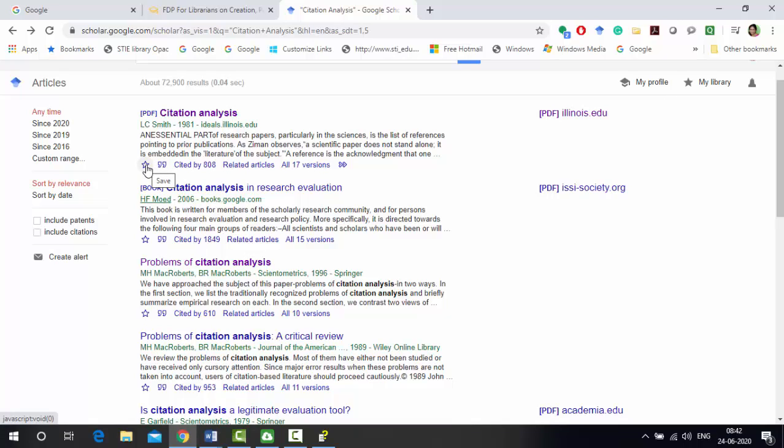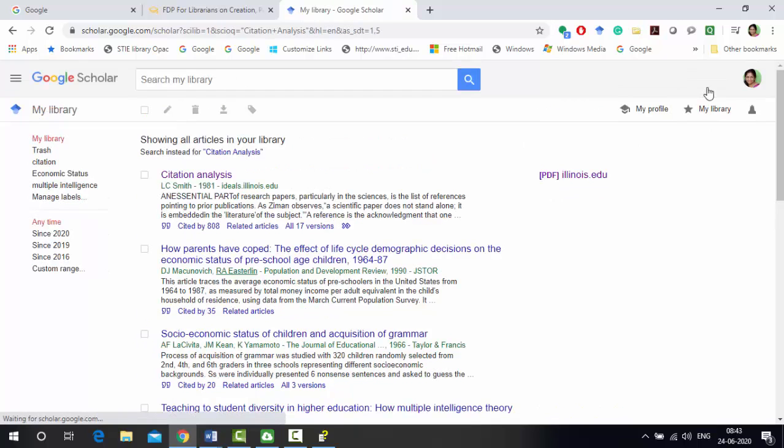See, below each article, there are few options given. This is star. If you click on this, it will get automatically saved in your library. This is your library. If I will click on this, see, this is the article just now I have saved.